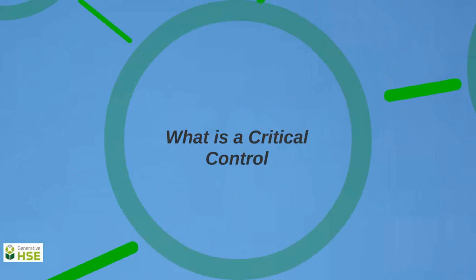Having said that, there's also some great paper-based methods for workplaces that may be restricted by the cost or the need for intrinsically safe items, or having little to no access to Wi-Fi or cellular data, etc. And these tools are just as important as a critical control themselves, because if we don't have these tools and people aren't assessing whether the task is critical, they're not going to be aware that it's a critical risk, and there's potential for critical controls to be absent, and that may result in a fatality.